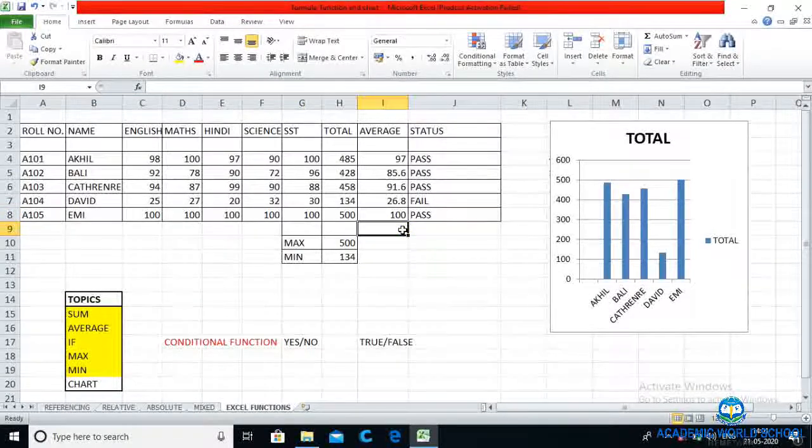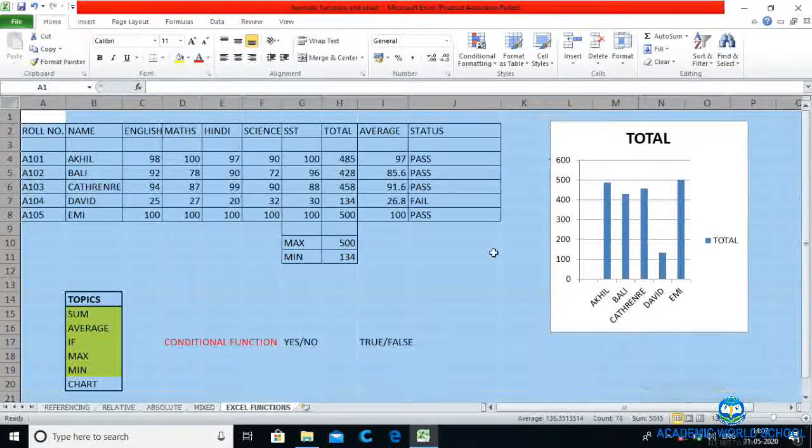Amy is the highest now. And if you see, the max has already changed and even the mean, because whatever changes we are doing in the worksheet, it is clearly reflecting on the chart.